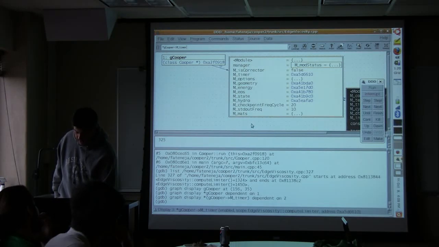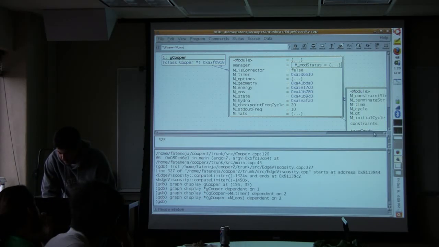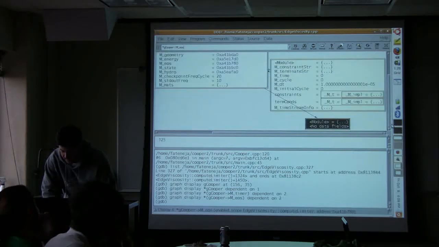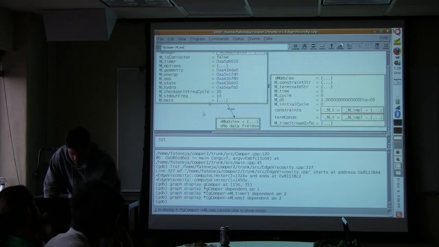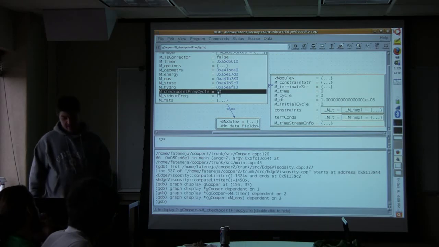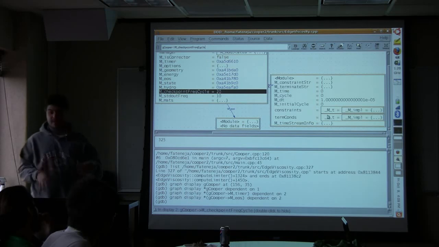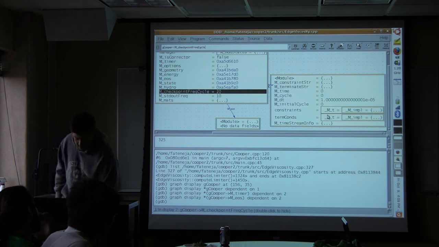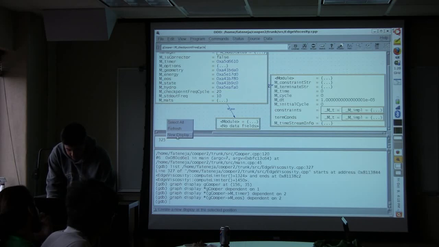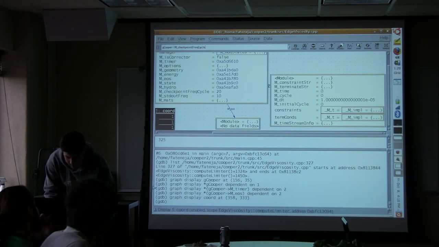So again, I can double-click any of these lines, and it'll make these different boxes and link them together. So I can scroll here. You see it makes these different boxes, and you can drag them around. And if you have a bigger monitor, it's actually a lot more useful. But here there's a variable called m checkpoint freq cycle that's set to 20. So this is where the power of these different display things is really useful. If you've got really complicated data structures that you need to look at, you can do this. You can also print. I think I have a variable here called Quord. Yeah, Quord is just an array of